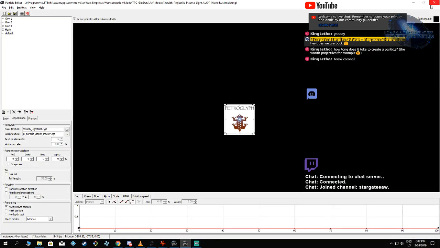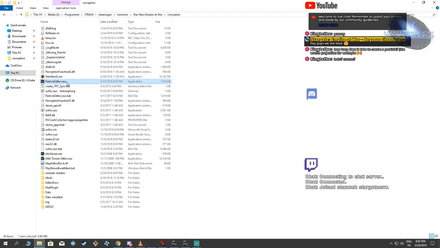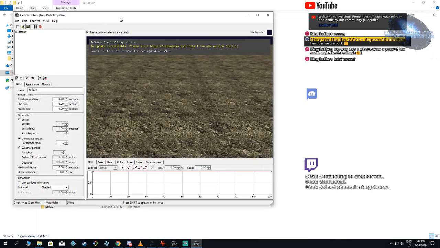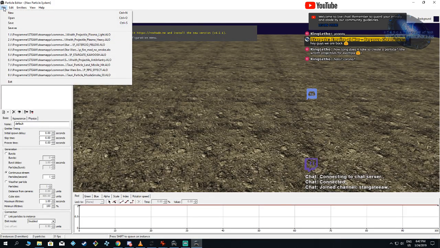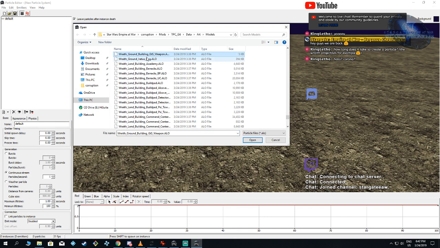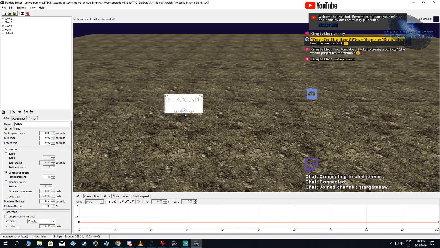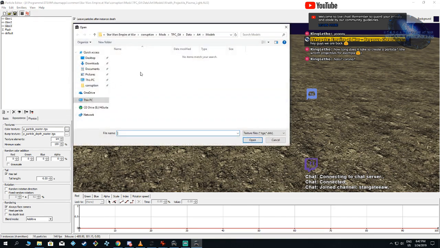It didn't like that. Yeah, crashing is something that you have to be tolerant of, because it does crash a lot. Raise projectile plasma light, and I want actually to load the